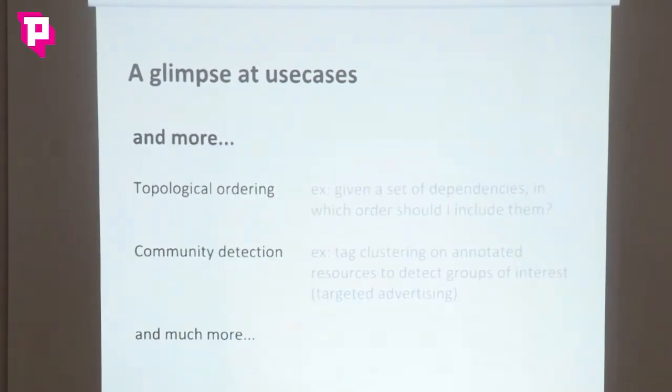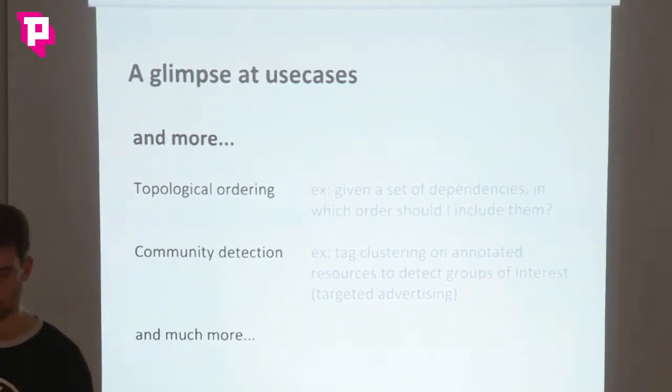And I could talk about even more use cases. I don't know, how many of you are Java developers? Okay, not so many. But dependency managers, you can have that in Node.js and all that sort of stuff. You could imagine using a graph to actually resolve the dependencies of your project. I depend on this library, which depends on another library, etc. You can imagine a whole graph of dependencies. There is a very well-known algorithm called topological ordering that will give you the order of dependencies, how to resolve them. Community detection is another example, how to find groups by behavior.